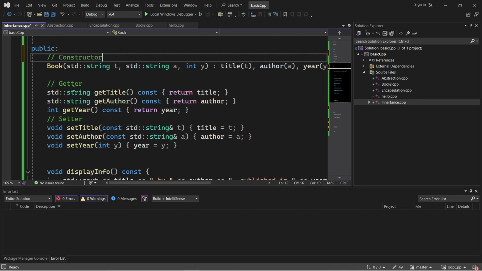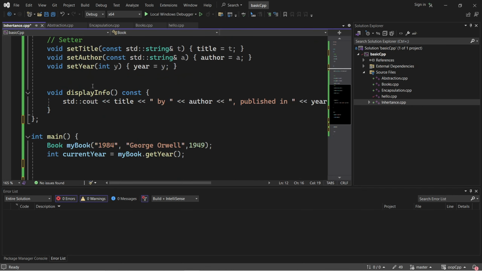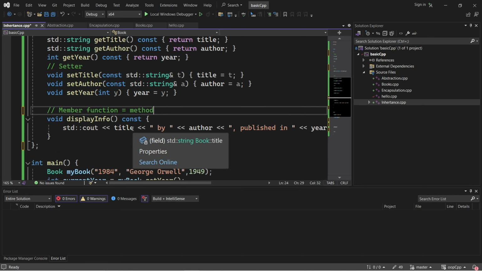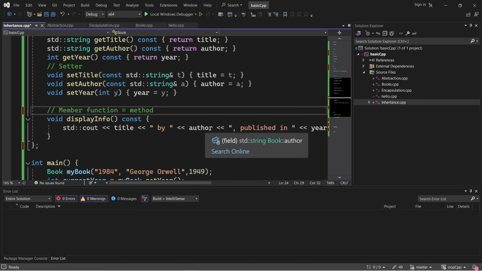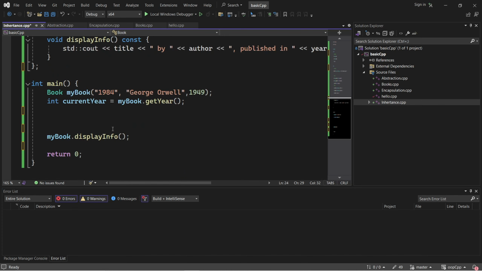And then we have a getter, a setter, and a member function. That member function displays the title, author, and year. And then we use it.